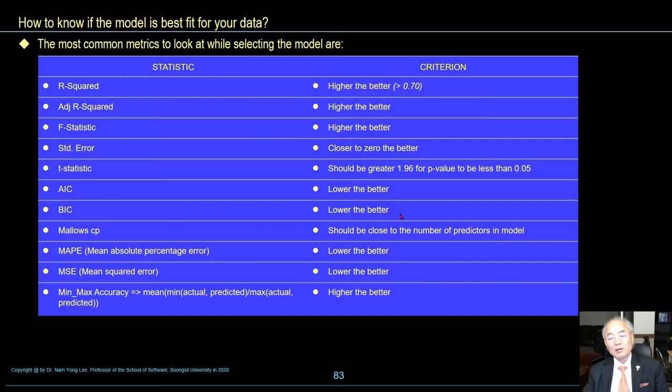BIC, lower the better. Mallows Cp should be close to the number of predictors in the model. MAPE, mean absolute percentage error, lower the better. Mean squared error, lower the better. Min-max accuracy, higher the better.